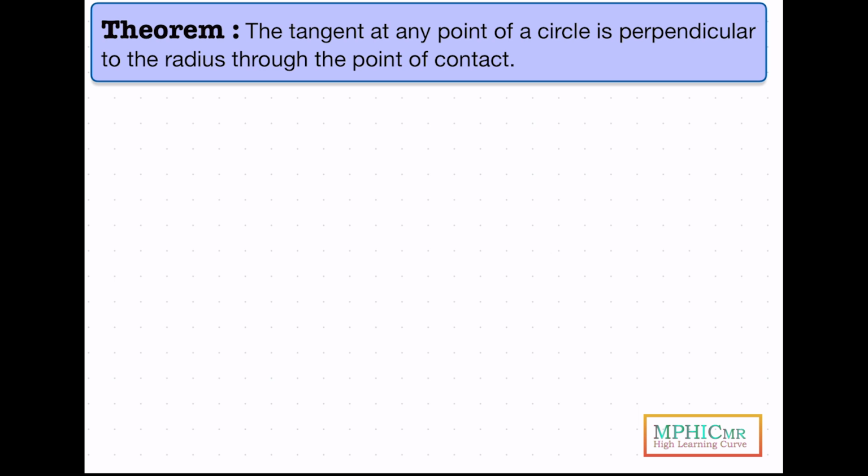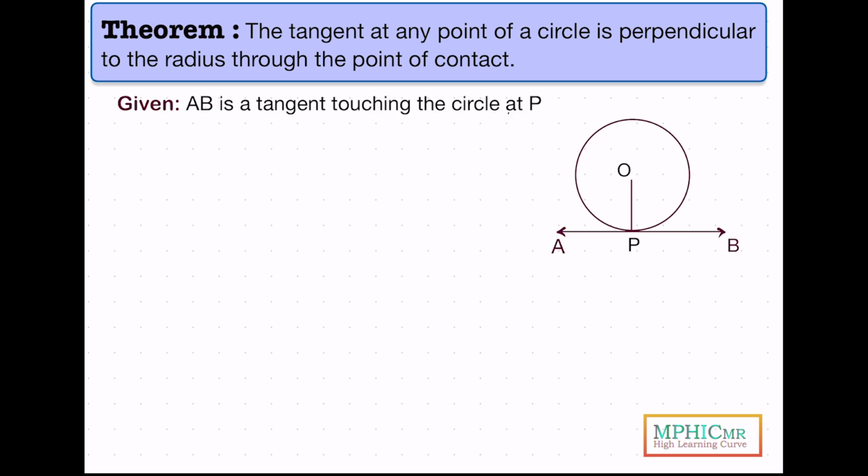And the theorem is: the tangent at any point of a circle is perpendicular to the radius through the point of contact. So to prove it, we'll be taking a circle centered at O and AB as a tangent which touches the circle at point P. Now what is required to prove is OP is perpendicular to AB. Also we can say that we have to prove angle OPA equals angle OPB, which equals 90